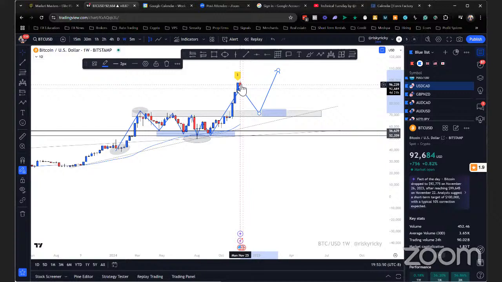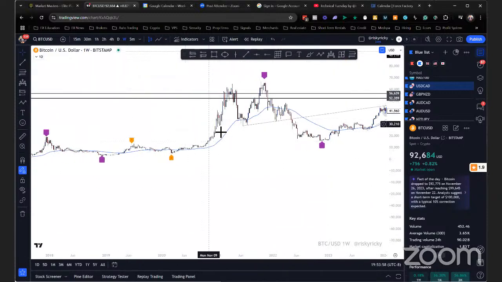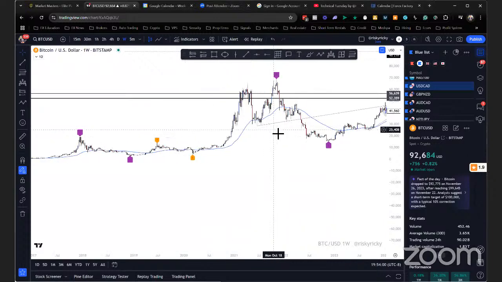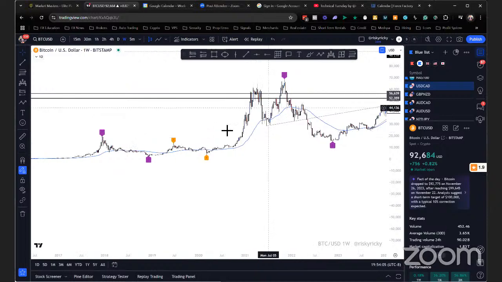Funny story is my wife, she wanted to surprise me. This was back when there was a bullish run. I want to say like this area here, 2021 or so.